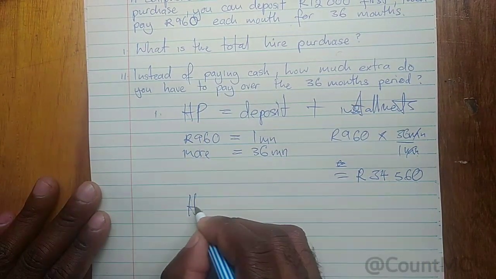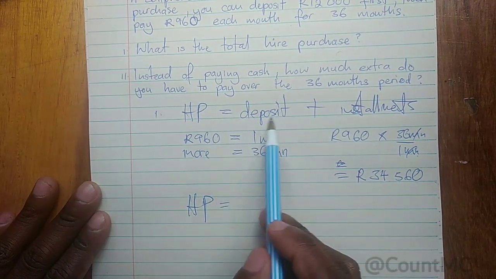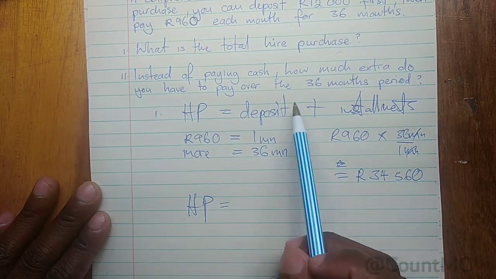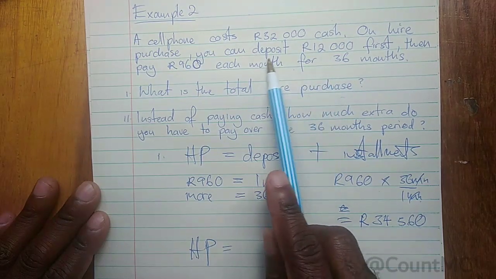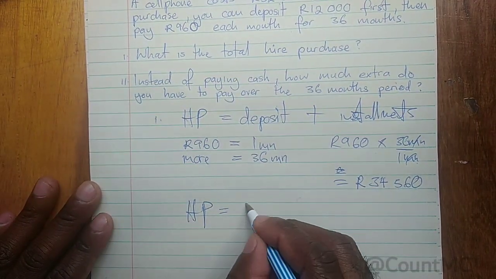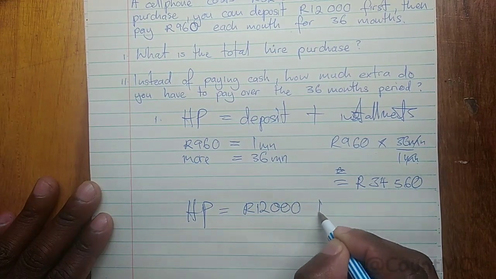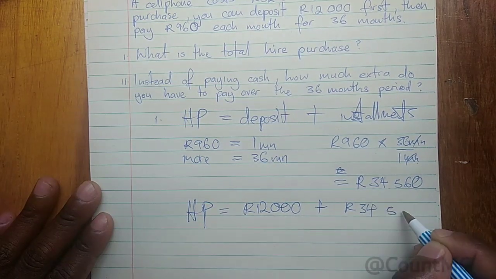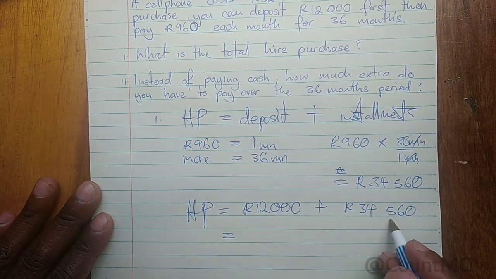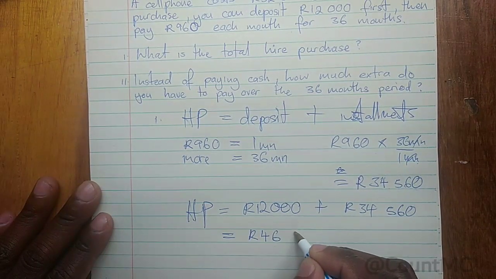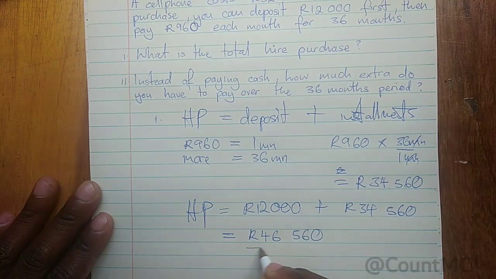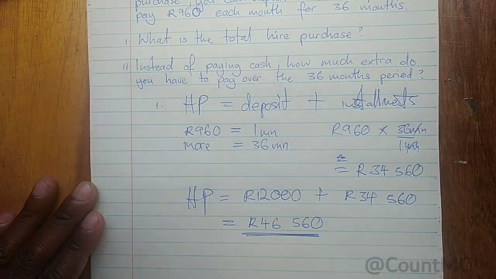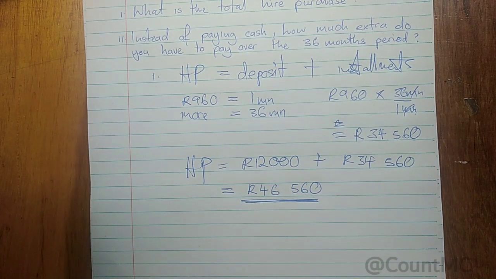Okay, we know that hire purchase is equal to deposit plus installments. We know the deposit is 12,000. You can deposit 12,000 rands. So we say 12,000 plus the installments, 34,560 rands. So your hire purchase is, that's 46. So you get 46,560 rands. So this is the hire purchase amount which you are going to pay over the 36 months